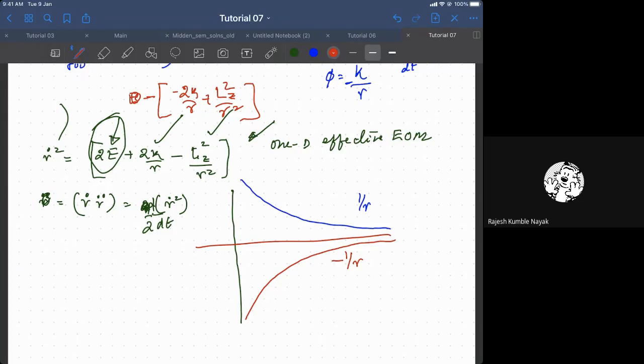So this is minus 1 by r. This is a plus 1 by r square. Now you see that the effective potential you get is a sum of these two, and that is what would have a minima like this, and then it goes to 0 at infinity. So you have a circular orbit here when the effective potential attains the minima. R dot is equal to 0 can be obtained, and that is a circular orbit.